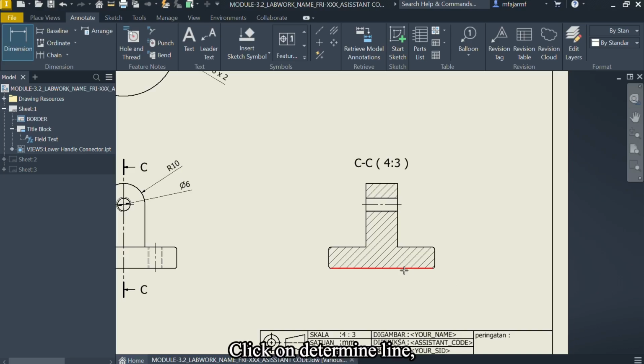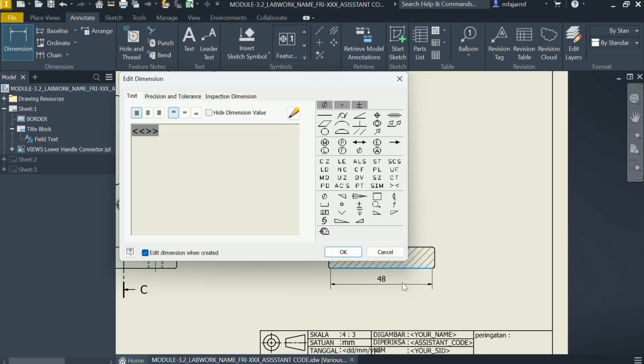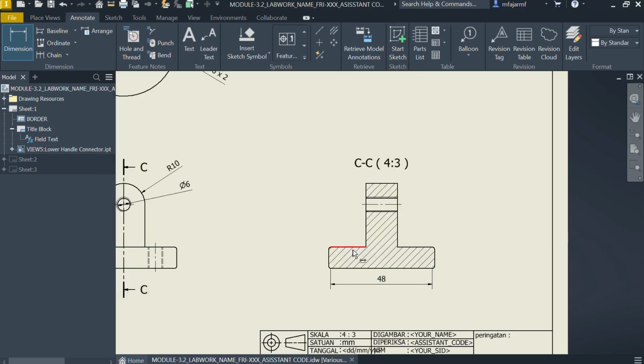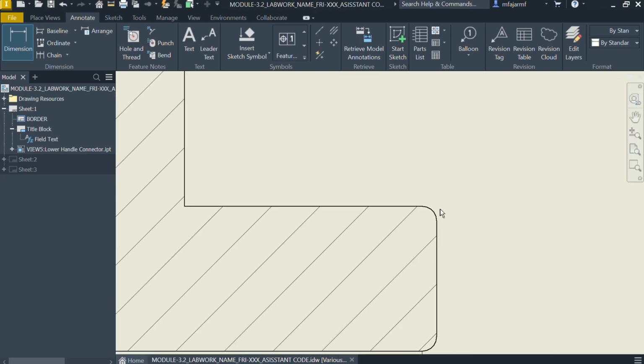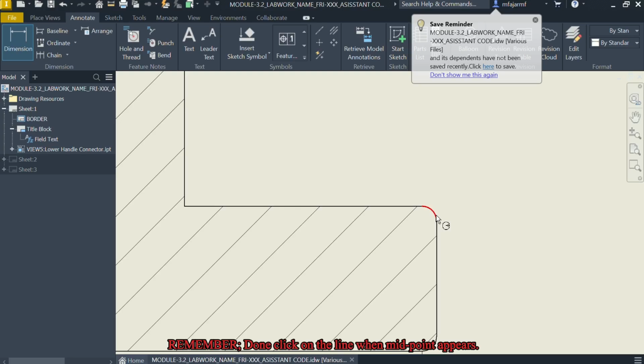Click on Determine Line. Drag the dimension to the bottom side. Left click and then click OK. Next, click on the fillet line. Remember, don't click on the line when the midpoint appears.